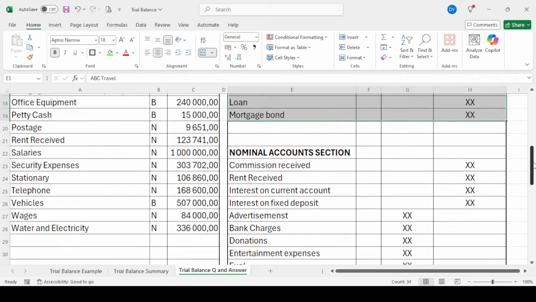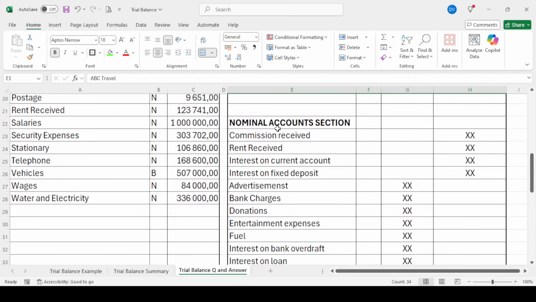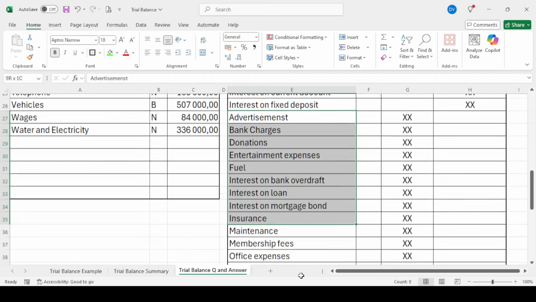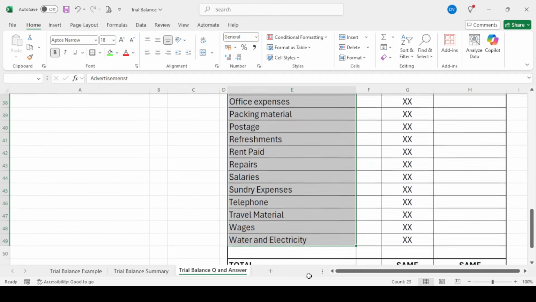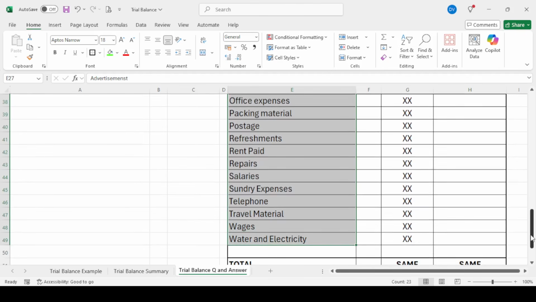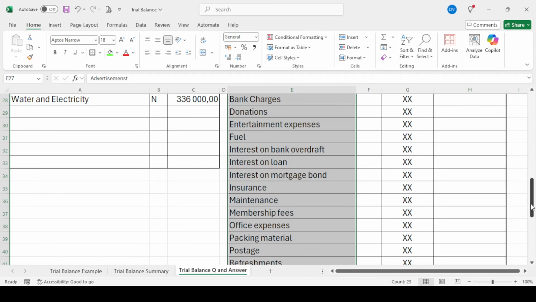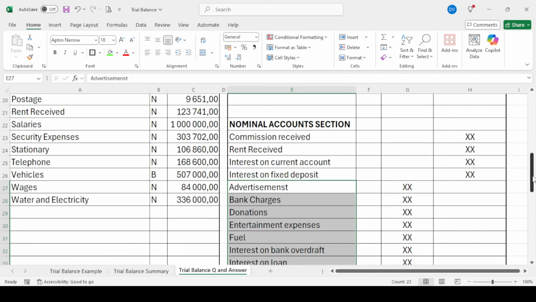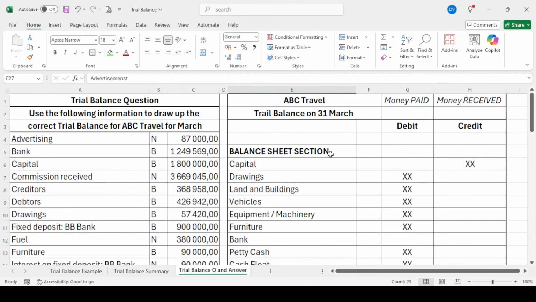For the nominal account section, I would suggest that you learn the income. Learn the income. But now don't go and learn all the expenses because it's a very long list. You don't need to. You know most now what is expenses, ne? Also it's the last thing on the trial balance, so you don't need to worry about leaving space. Once you have written down your correct trial balance, you will now simply go and insert the information on the correct side, debit or credit, of your now new trial balance.